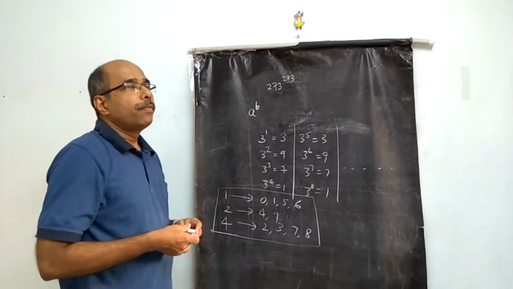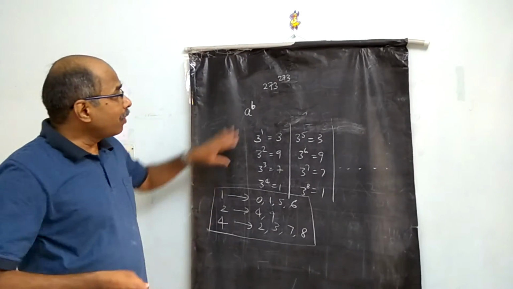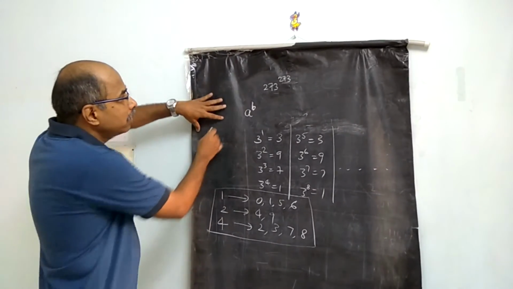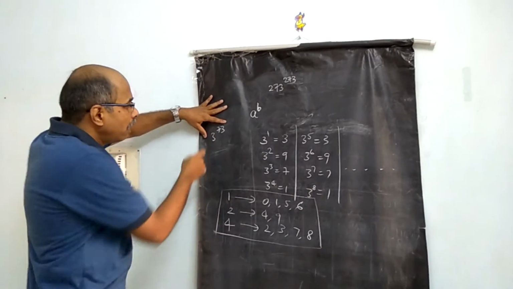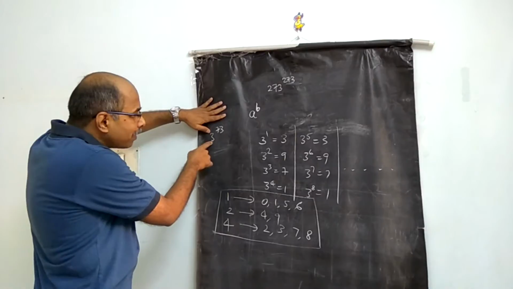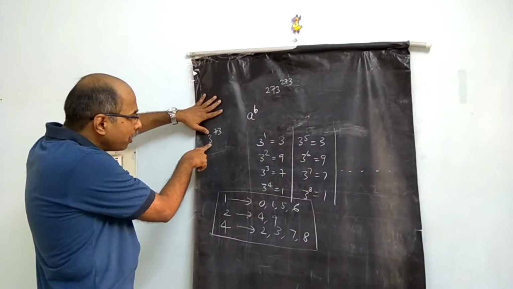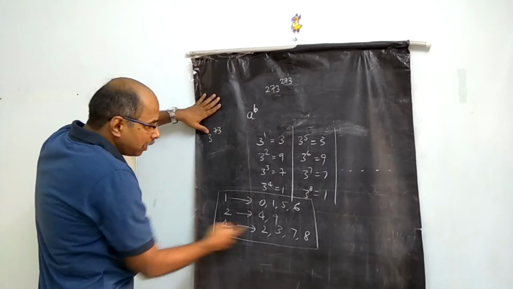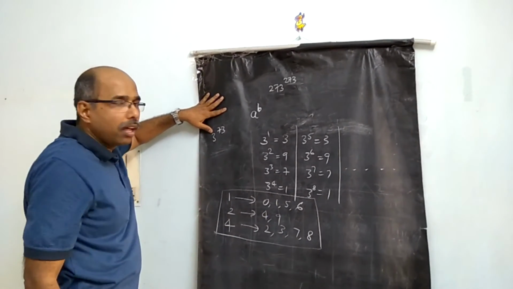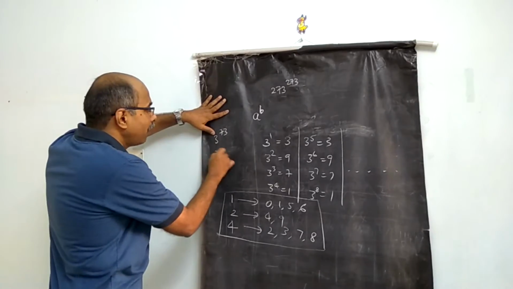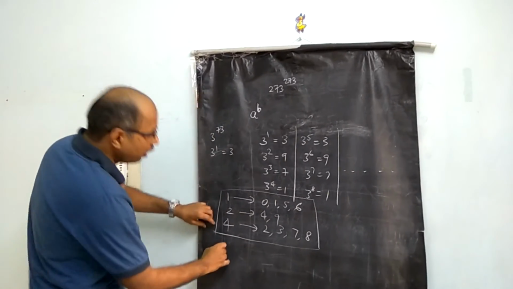Very important. Now we are going to calculate 3 power 73. We have to look at the power cycle of the unit digit of the base. So what is the power cycle of 3? It is 4. So the exponent is to be divided by 4, and we must arrive at the remainder. So 3 power 1 will give you 3. For example, 9